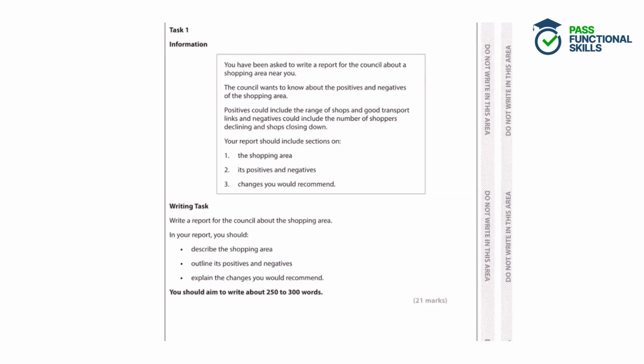Task 1. You have been asked to write a report for the council about a shopping area near you. The council wants to know about the positives and negatives of the shopping area. Positives could include the range of shops and good transport links, and negatives could include the number of shoppers declining and shops closing down. Your report should include sections on the shopping area, its positives and negatives, and any changes